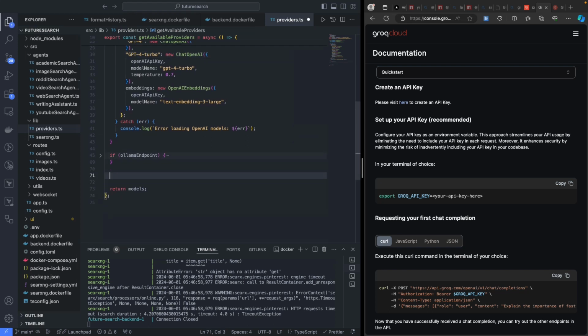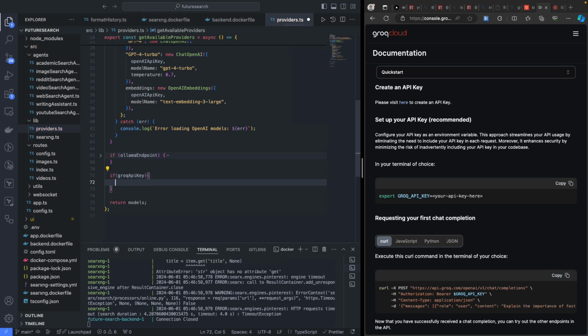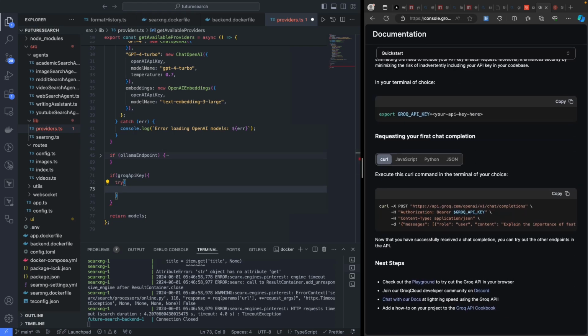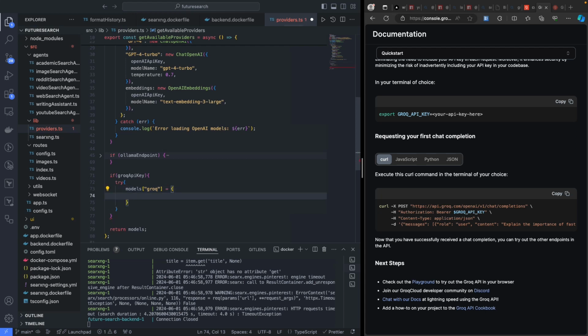So in here we need to do a check for Groq API key, and here you can just go and check out this playground and everything. That's clearly properly documented, so I'm not going to show you that. So quickly let's add the models like we did for OpenAI. So in this try catch block, and this models of Groq. In here first this